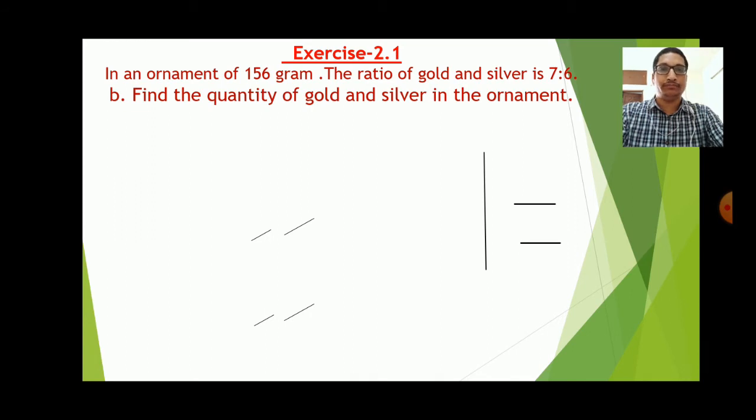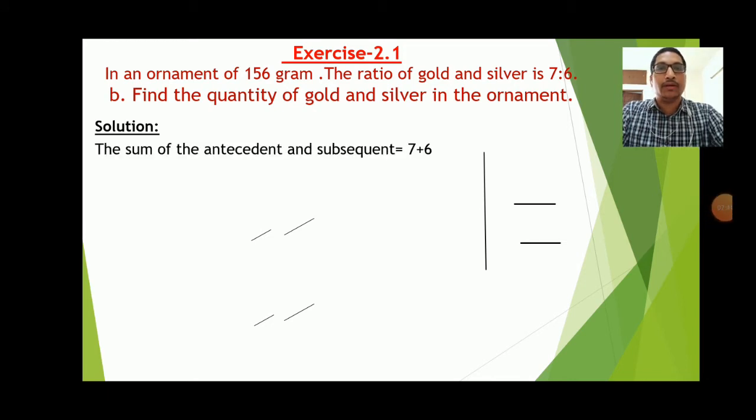Now our next question, find the quantity of gold and silver in the ornament. Here we will find out the separate quantity of gold and silver. Okay, so what was our ratio? Our ratio was 7:6. Okay, so 7:6, here antecedent 7 and subsequent 6. So at first we will add the ratio's antecedent and subsequent. The sum of the antecedent and subsequent equal to 7 plus 6. So if we add 7 plus 6, it will be